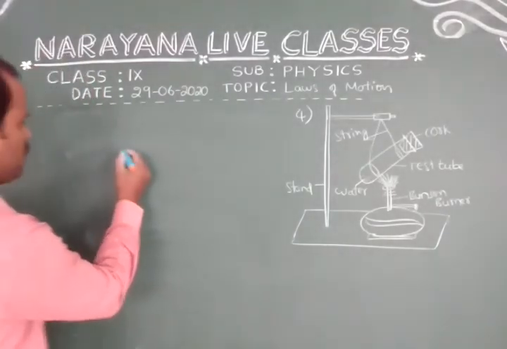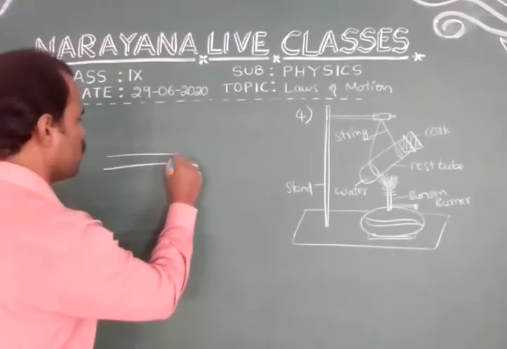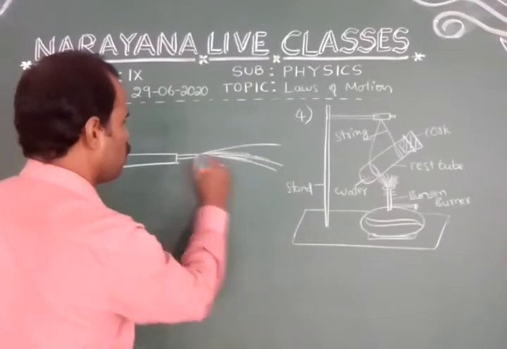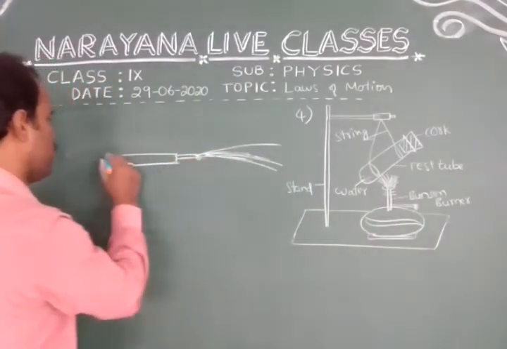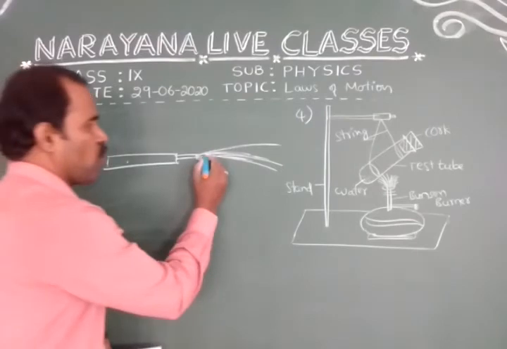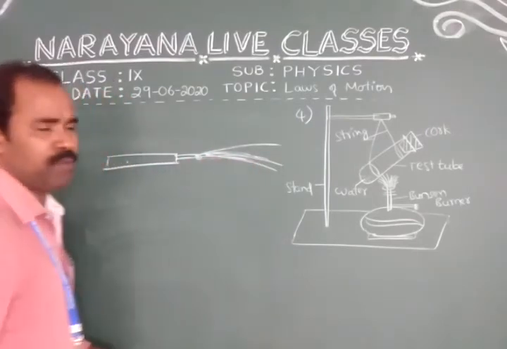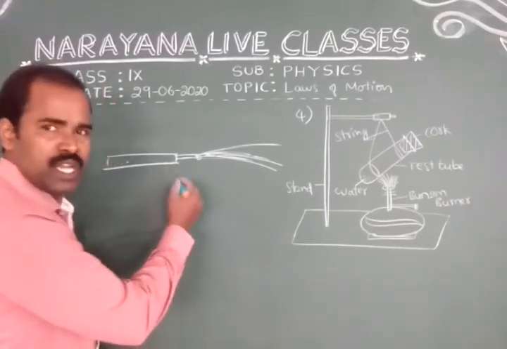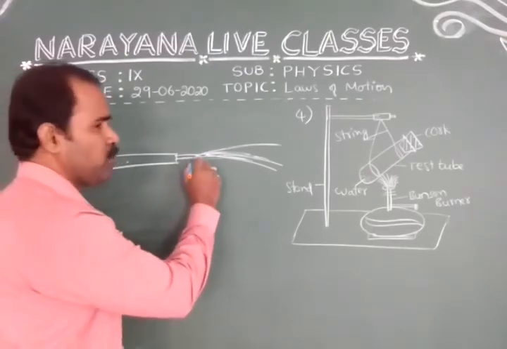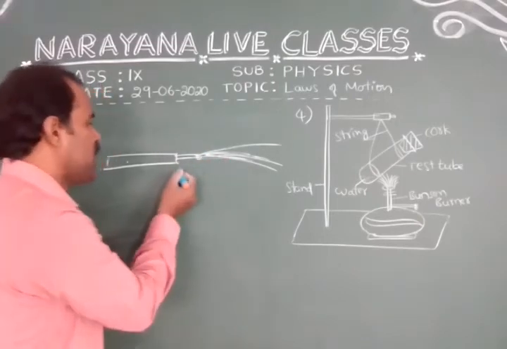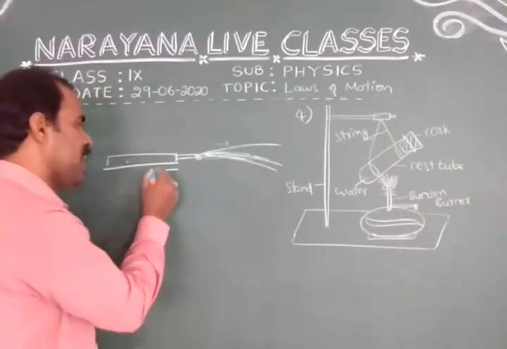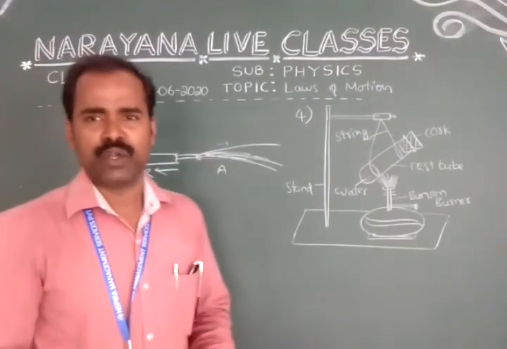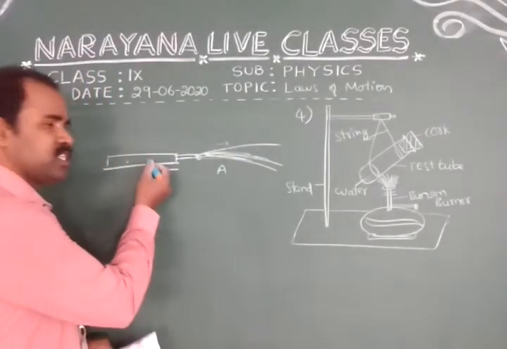What happens? If this is the pipe, this is the nozzle. Through that, a huge amount of water rushes out of the pipe. What happens? A huge amount of water has a lot of linear momentum. That is, a change in the linear momentum of the water takes place. Then the action is on the water, and the reaction is on the pipe. Because of this reason, a huge amount of force will act on it.